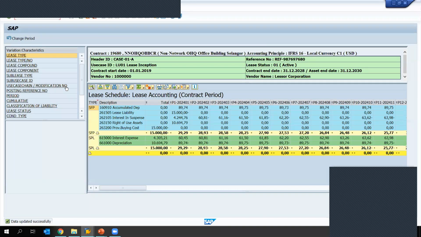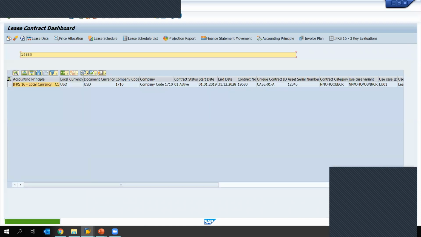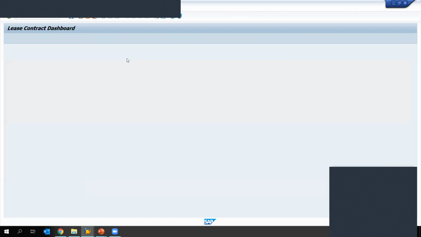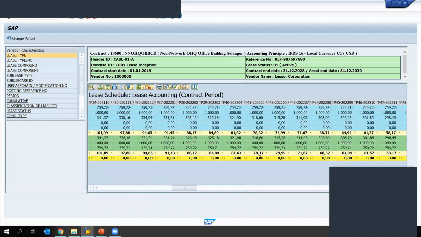So now the contract has been remeasured. To see the full detail, go back to our main dashboard by running tcode /cogn/16tc_LCD, specify our contract number, select and click on lease schedule. So right here at the year of 2024,